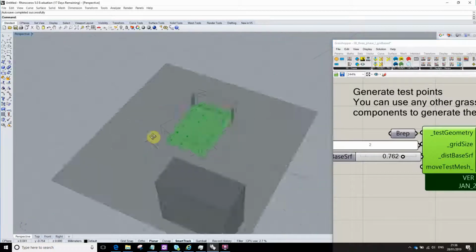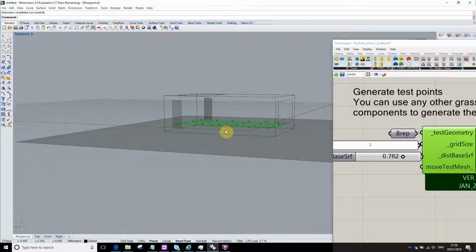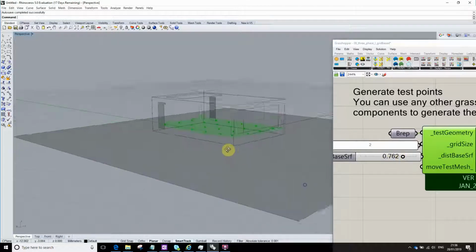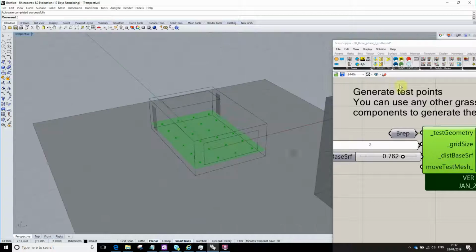Okay, so there we go. 2 meter points. Oh yeah, there you go. 0.75 off the floor. Standard stuff. Right. So